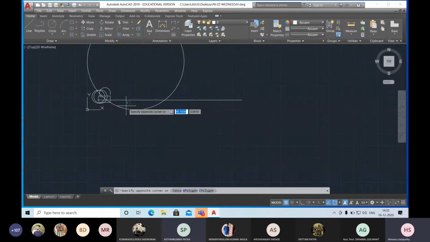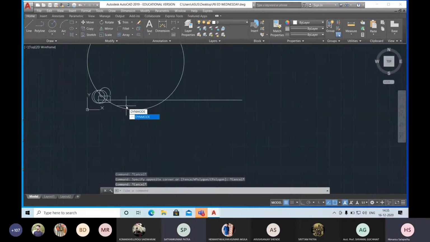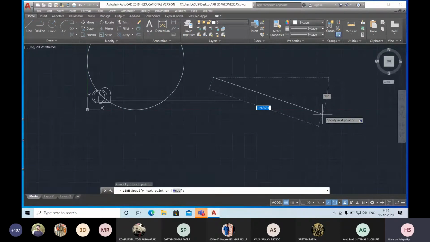Sir, can you show the DIN mode 3 command once again? Can you see it? DIN mode, enter 3. When you go for the line command, the first is showing the blue box and gray box. That is x coordinate, y coordinate. That is first option. When you click on that point and drag the second cursor point, it shows the length of the line as well as angle: 119.25 is my length and 90 degree is the angle. So DIN mode 3 means all these 3 options can be seen. One is x coordinate, y coordinate, second is length, third is angle.